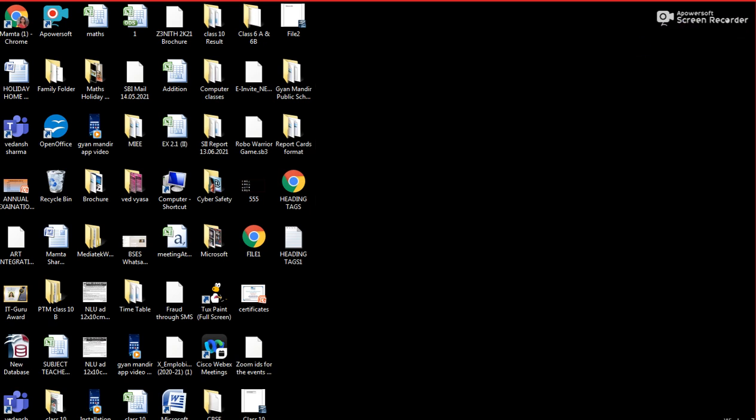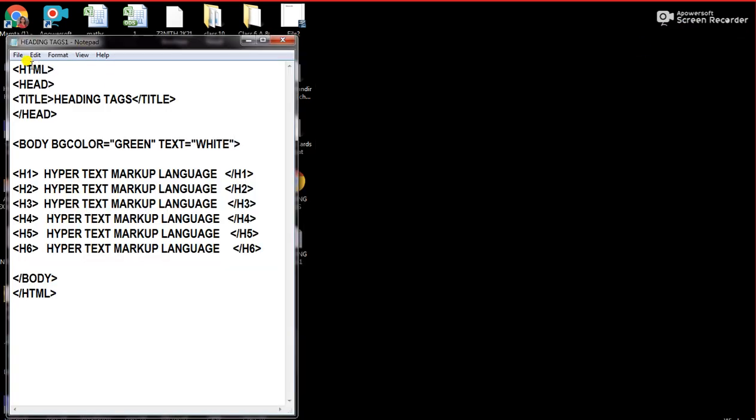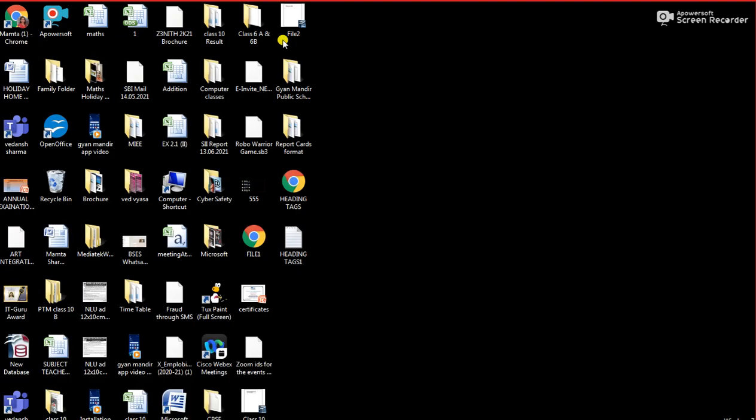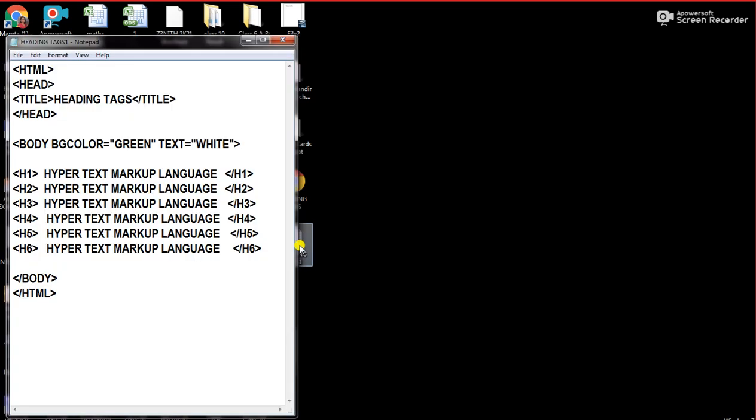So I need to see, this is H. Okay. One thing we have done wrong: we have to work in the H1 heading tags only. I had made the change in the heading one file, and I was clicking on the heading text file. Here it will remain a text file and nothing is going to happen. We have written something and the file has been saved, but it is just a text file.